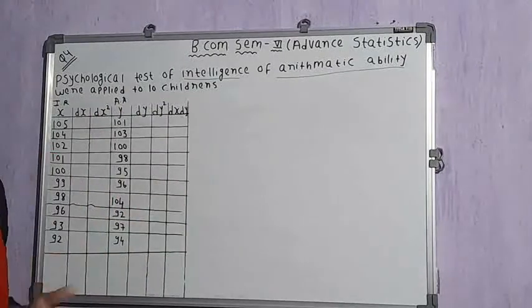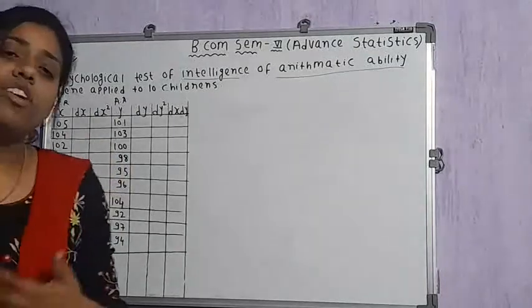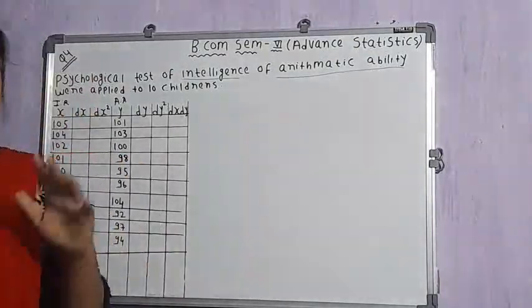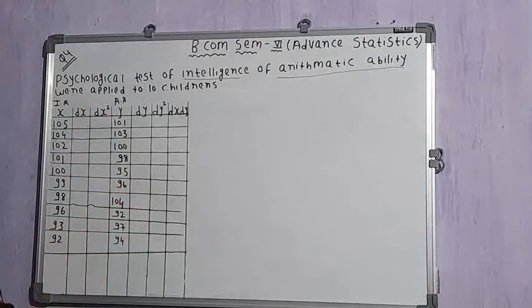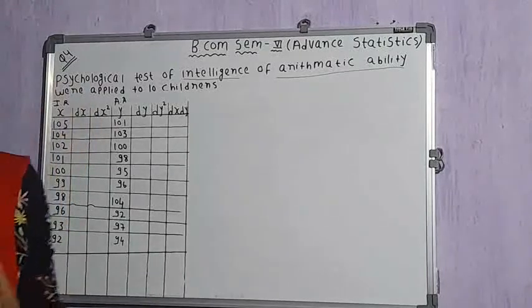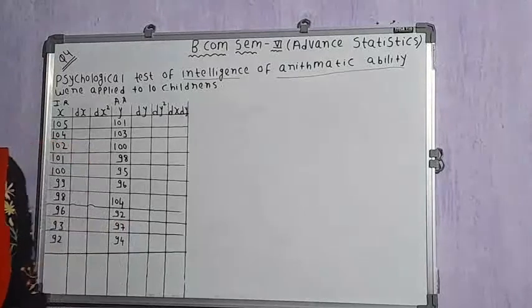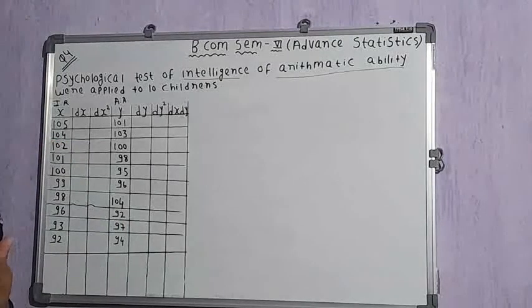Now you have to fill these columns. You have to put values in these columns. So from where would you put values? You will see in the question. In the question, we will see what data has been given. We will see that we have been given the x variable and the y variable in the question. So we will put that data as it is.